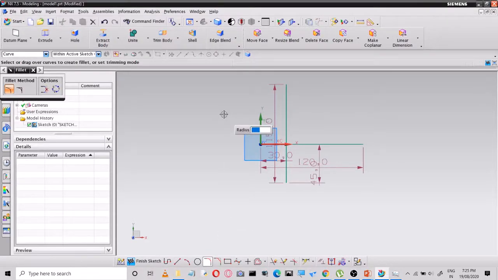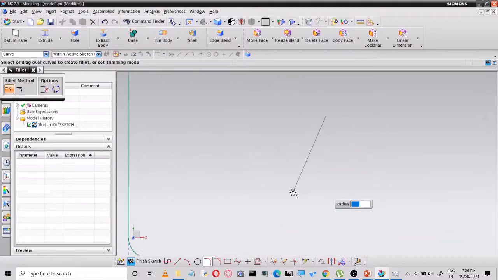Fillet is a tool where you can remove the sharp corners and replace them with an arc. Select the first and second element, then you need to provide the radius, for example 5 mm. This option is similar to the edge fillet you studied in CATIA.